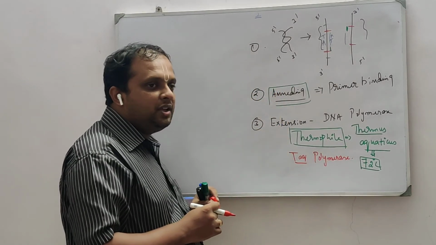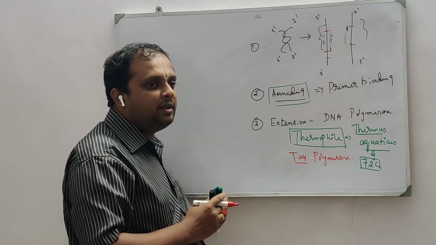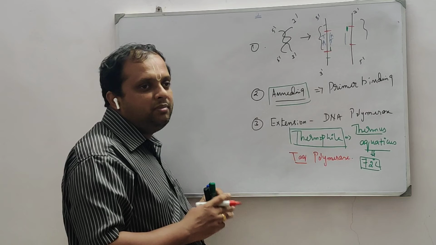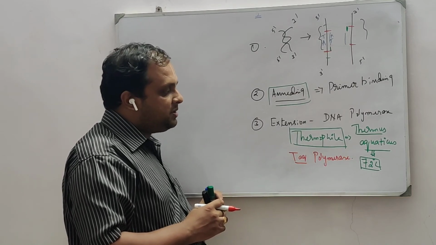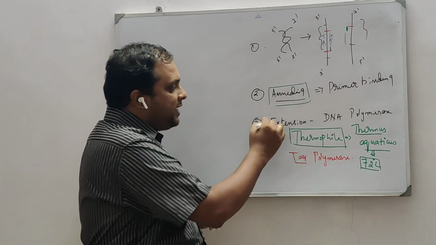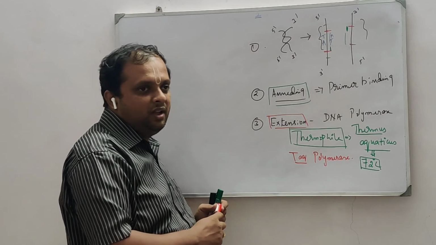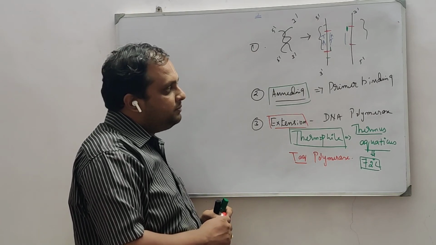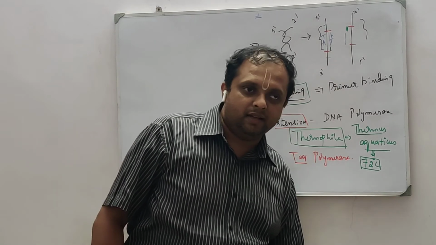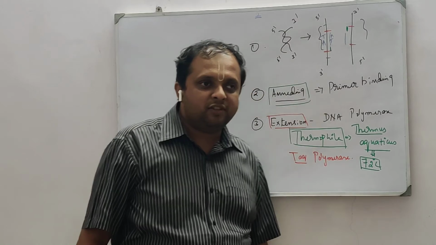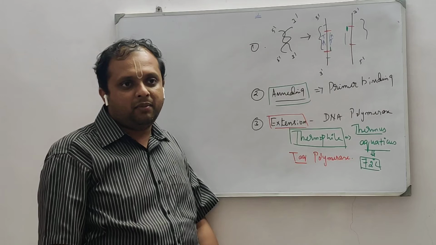The main reason of using a Taq polymerase rather than a normal polymerase is that the polymerase has to withstand the high temperature that we normally use in PCR. So that's the basic reason. So since Taq polymerase works at 70 degrees Celsius, we give the extension step temperature at 72 degrees Celsius. So there are some problems based on PCR. The importance of PCR can be understood when you go through the previous year question paper, NEET paper.